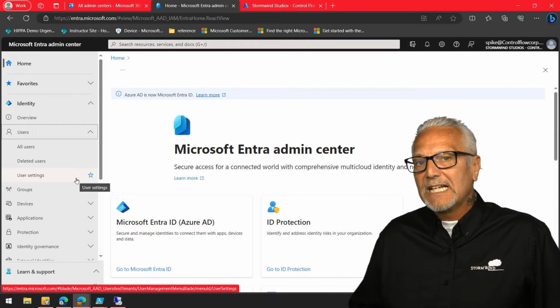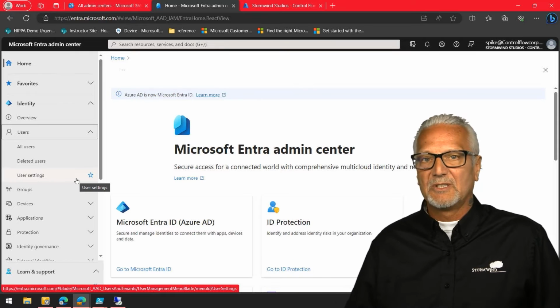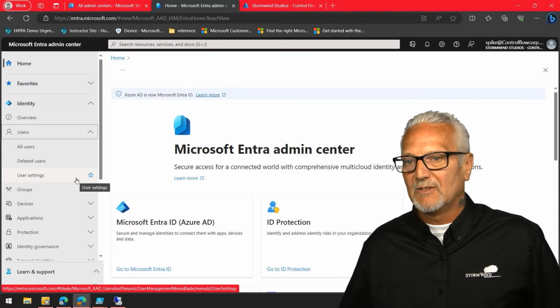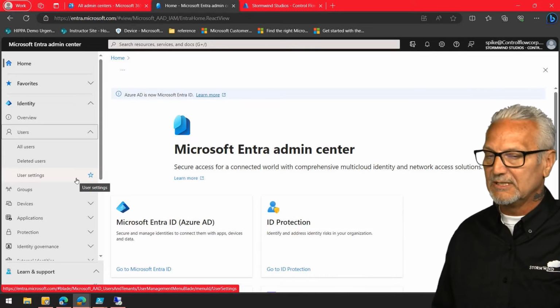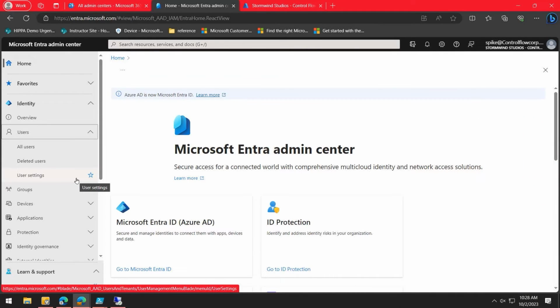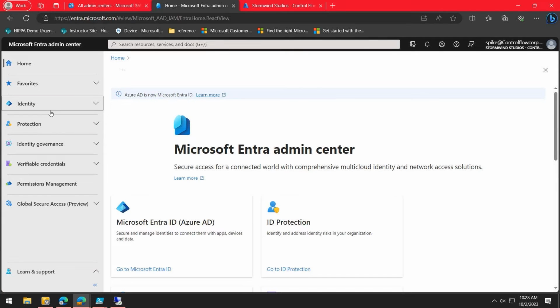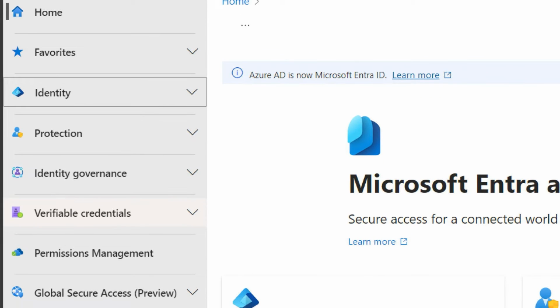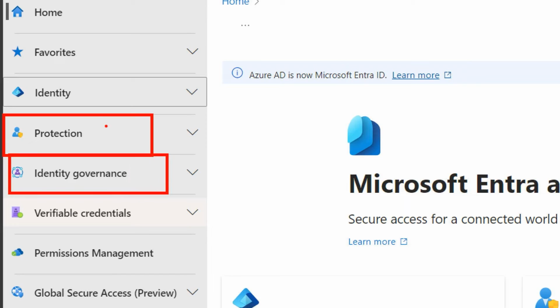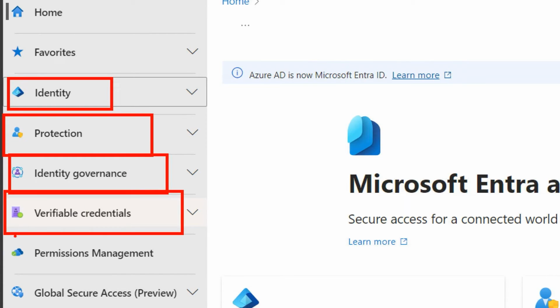I could do it here at the Entra Admin Center. I could go to portal.azure.com and click Azure Active Directory. But most of the time, I'm going to do it through the Microsoft 365 Admin Center or using PowerShell. Now, the Entra Admin Center has categories that start to go into some of the areas that cross over into things that are considered to be more advanced options